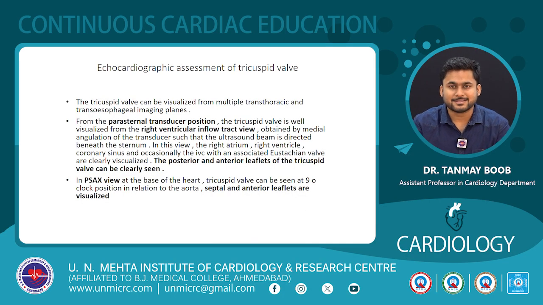For echocardiographic assessment, the tricuspid valve can be visualized in multiple transthoracic and transesophageal imaging planes. From the parasternal position, the tricuspid valve is well visualized in the RV inflow tract view. It is obtained by medial angulation of the transducer such that the ultrasound beam is directed beneath the sternum. In this view, the right atrium, the right ventricle, coronary sinus and occasionally the IVC with its eustachian valve are clearly visualized, and the two leaflets seen in the RV inflow view are the posterior and anterior leaflets of the